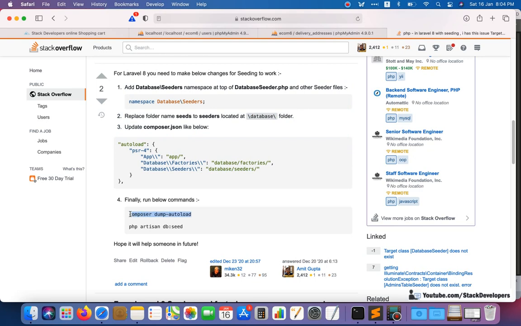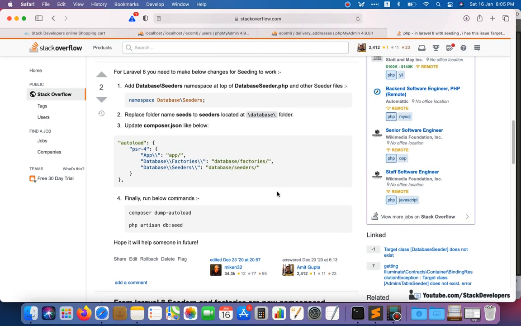I just required to do composer dump-autoload and then php artisan db:seed, because I already have the seeders folder inside of seeds, and I already have the namespace. So all these steps I already took earlier, but you need to take these steps if you have not taken them so far. And if this answer helps you, then do upvote by clicking on this one.